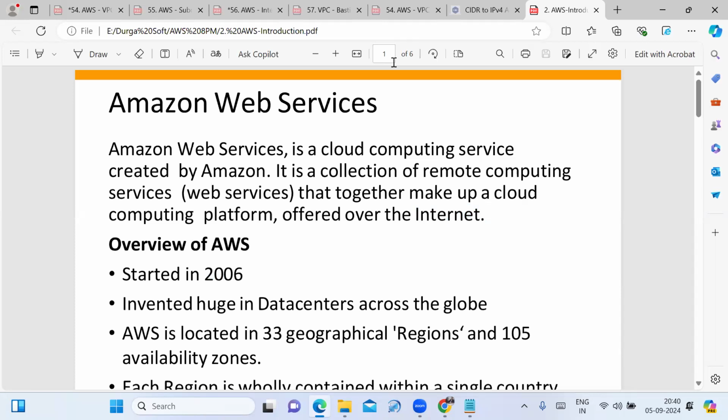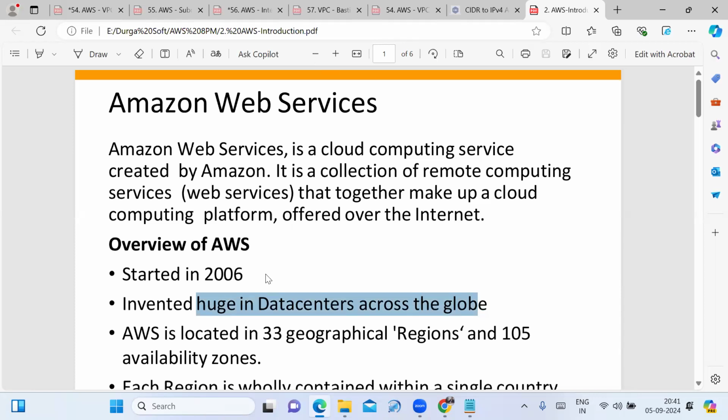Sir, you are saying that with the help of the internet connection it is providing the service. How does it cover globally? Their data centers have to cover the globe. AWS has data centers across the globe, friends. With the help of that, their services cover the whole world.